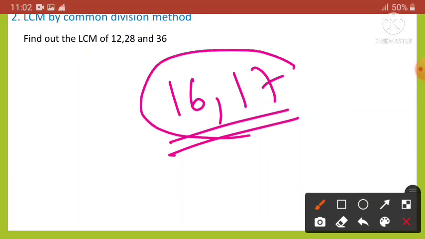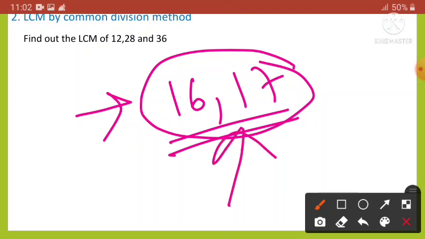So if the numbers are 16 and 17, they are co-prime numbers, because we know consecutive numbers are co-prime. So if you try to find the LCM of co-prime numbers, then you have to multiply those numbers. So the product of these numbers will be the LCM of the co-prime numbers. Okay,